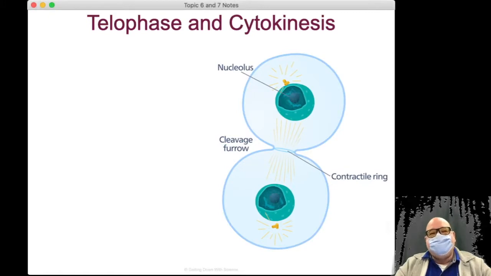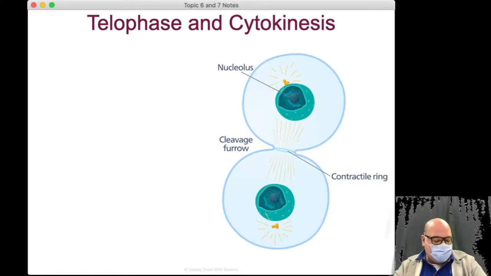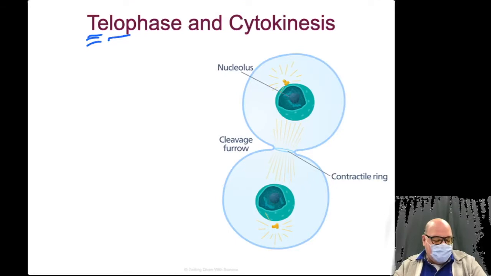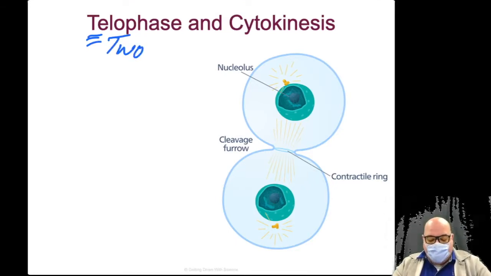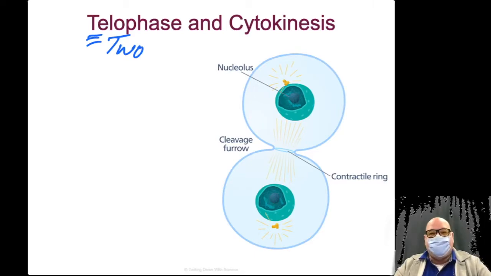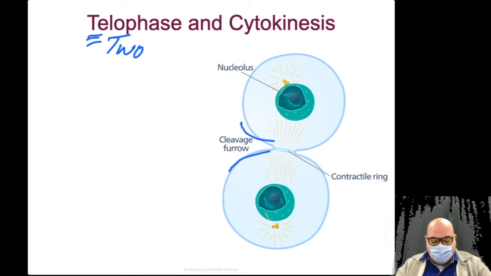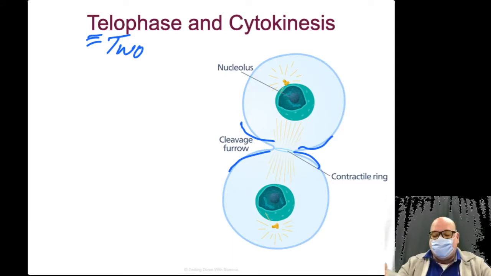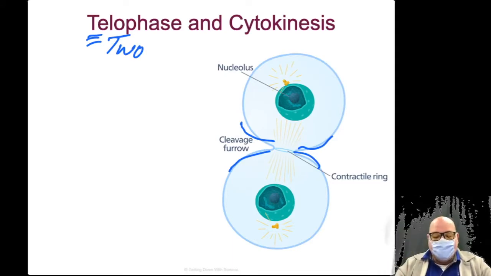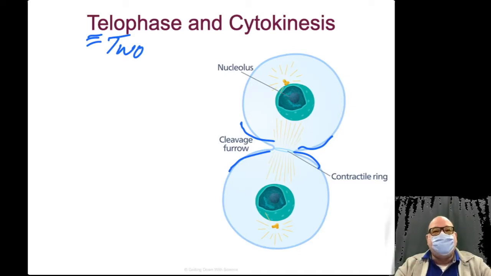Telophase. The big thing I like to go with for the T here is there are now two cells, and they are starting to cut in half. You get this thing called a cleavage furrow right here. That should be easy to remember. Cleavage just means cut. That big square knife a butcher has is called a cleaver. So cleavage just means cut, if you're wondering what that means.